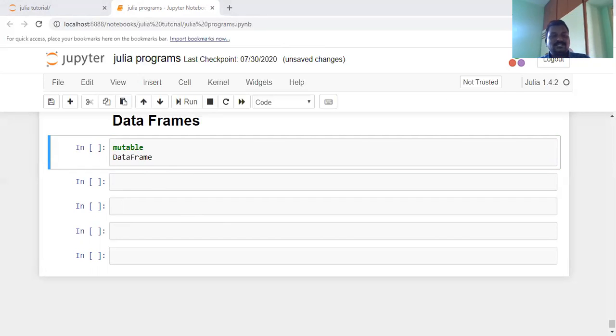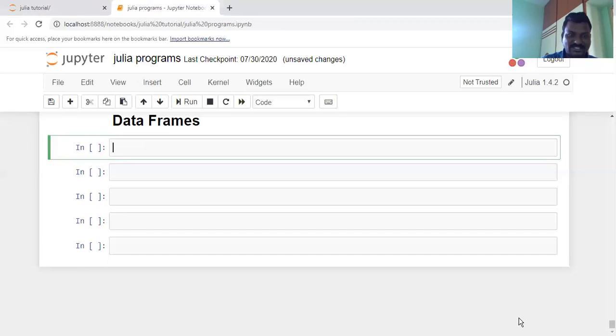Now the installation of the data frame package. If you are new, you should install the data frame package. How can you install it? By using the command using Pkg.